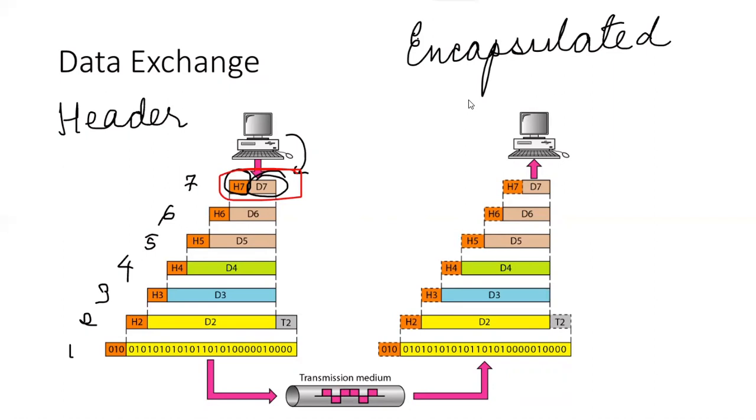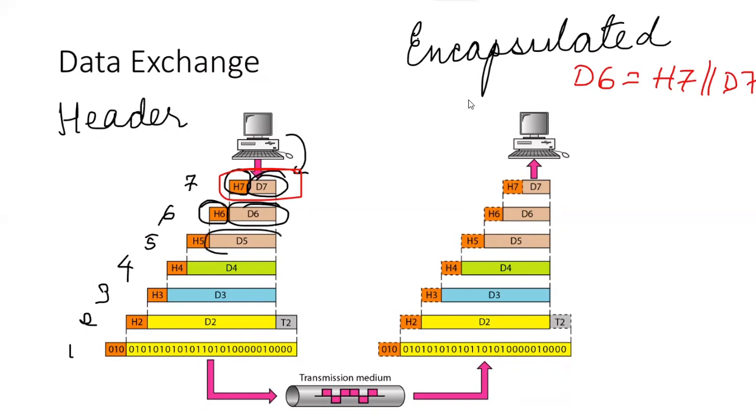So at the presentation layer, this D6 is nothing but H7 followed by, this is the concatenation operator, let me just write it, this header followed by the data. Okay, so D6 is this. So this D6 that you get here goes to the presentation layer from the application layer. And then the presentation layer will put its own header. The same process continues everywhere.